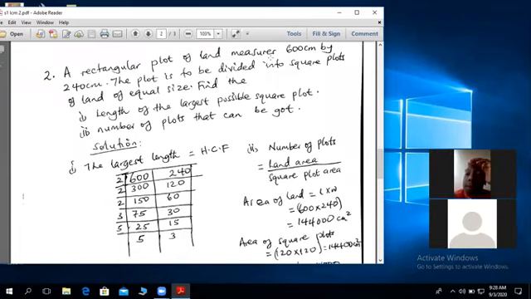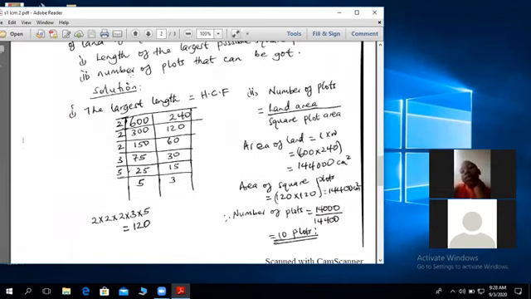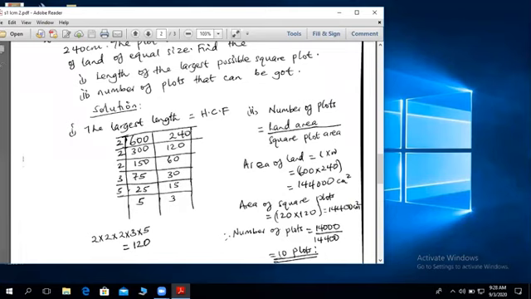Now the question, part one, is done. The length of the largest possible square plot is 120. So we now go to part two: the number of plots that can be got